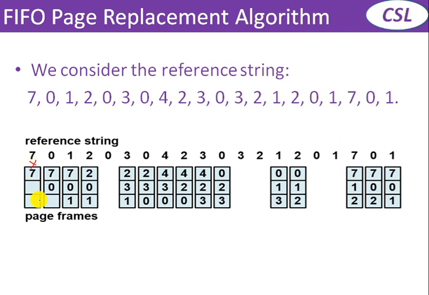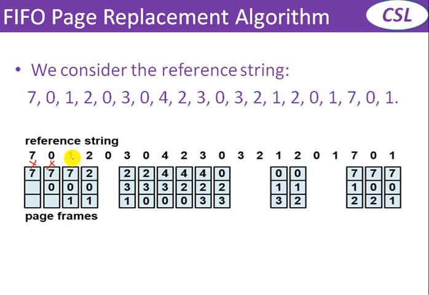So we have a space available, but there is no 7 page. We have to fill the one partition with the requested page, which is 7. Next request is 0. When 0 comes, our memory has only one page, that is 7, and 2 pages are free. So 0 is filled in the second frame. This is also called a miss, because initially 0 is not available in the memory.